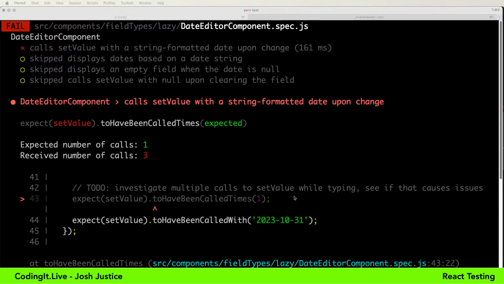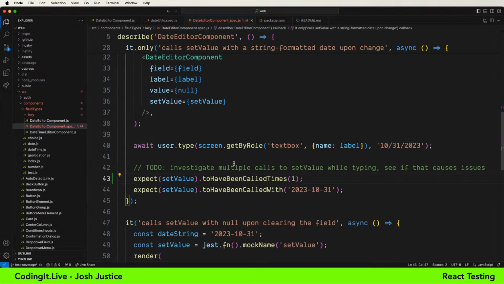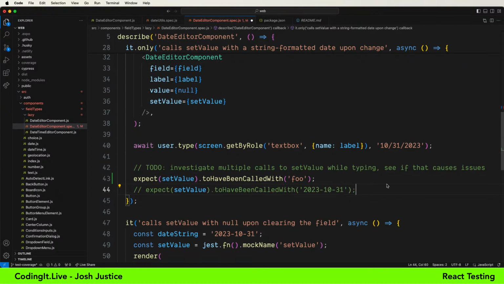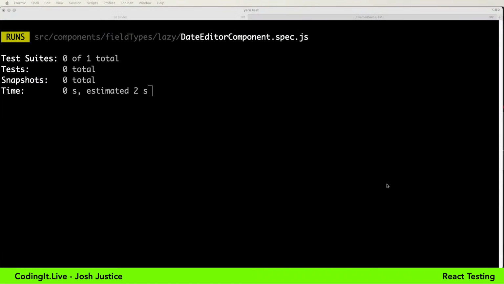And I should have called this in advance. I expected 1 call, but it was called 3 times. So that was called 3 times, I think actually, pretty sure, because of the typing here. So what is the best way to get the output? I don't know, but I know what we had before, called with foo. So let's just have a wrong call, and then it'll list out all the calls that were actually made.